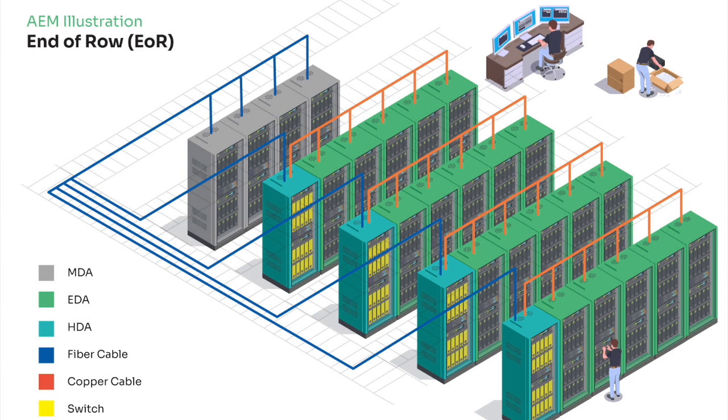So we talked about the centralized layout, which was the most traditional form of that. Now we're talking about end of row layouts. With an end of row layout, this is a much more modern approach to the centralized cabling architecture. How this works is instead of centrally locating all of your switches in a single location within the data center, it kind of breaks out the switching architecture a little bit. So you have a distribution